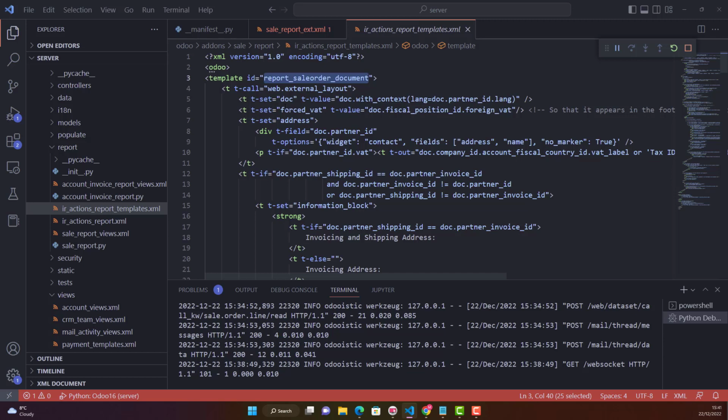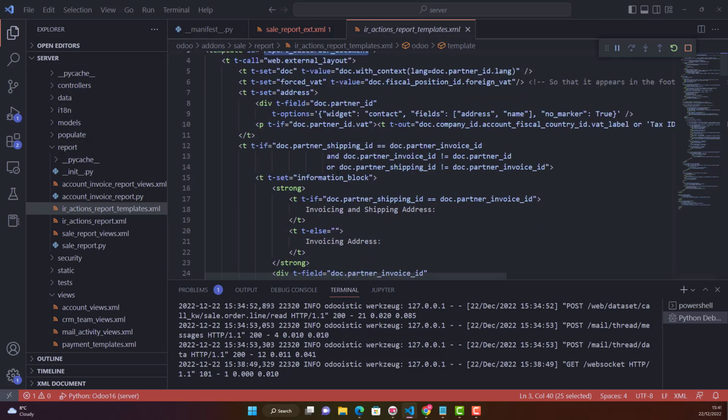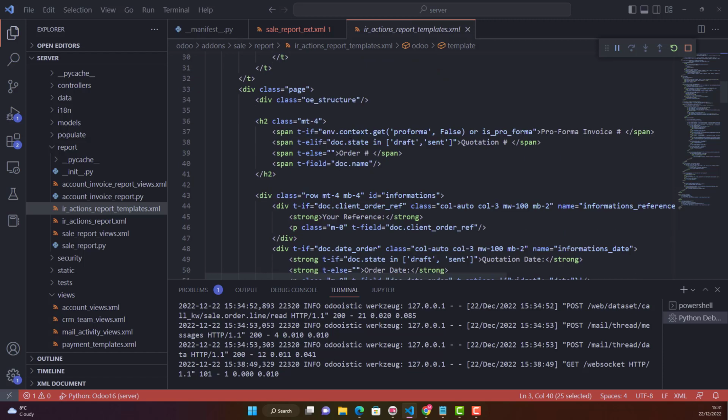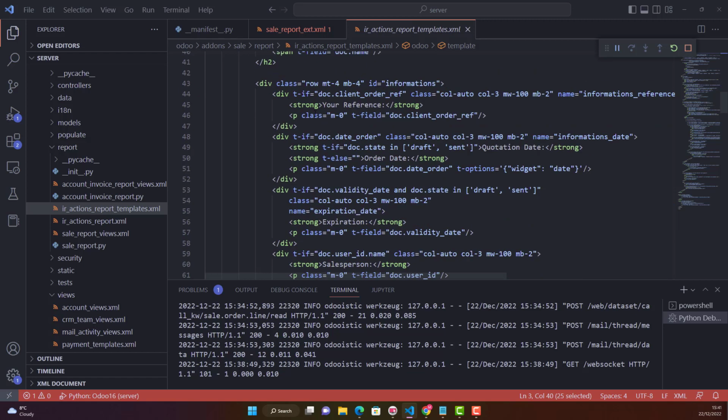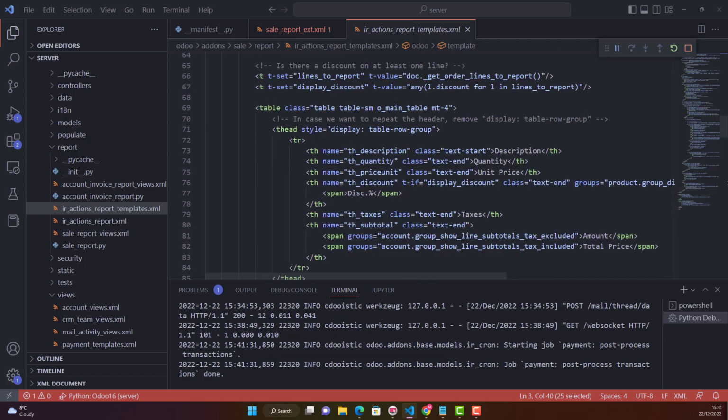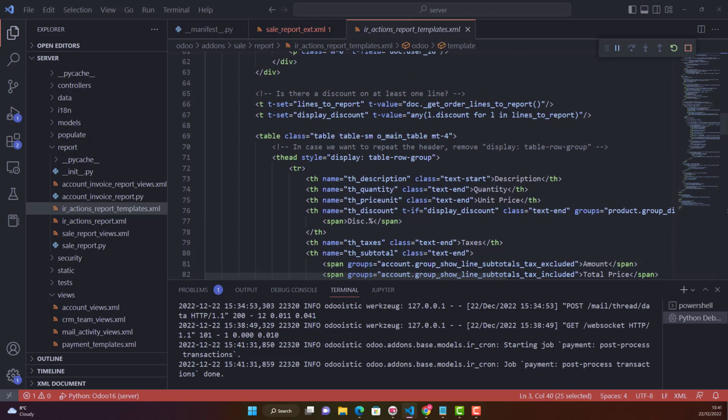So first you see that this is partner ID, that is the address. We don't need to do anything here. Then you come up here, order number, no. Then that is the validate date, no. Okay, here. So this is the table, that table which I showed you, where